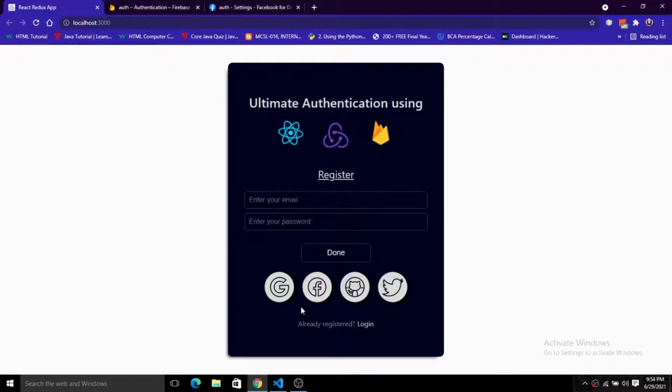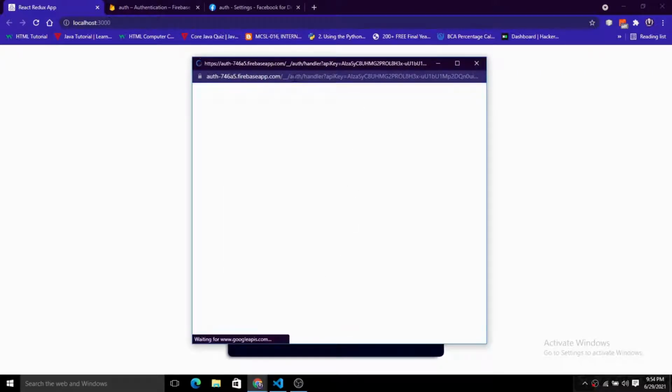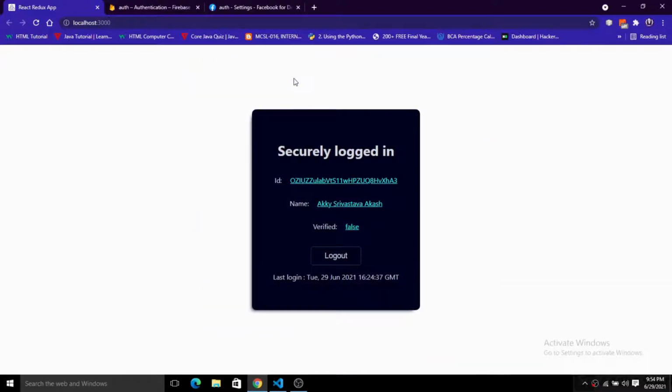So let's get started. Let's see the demo of the build first of all. Here we have a Facebook icon, so we just click on that, and now you can see we have a pop-up that asks us about Facebook. Now you can see we have securely logged in with the ID, the name and the verification status also.